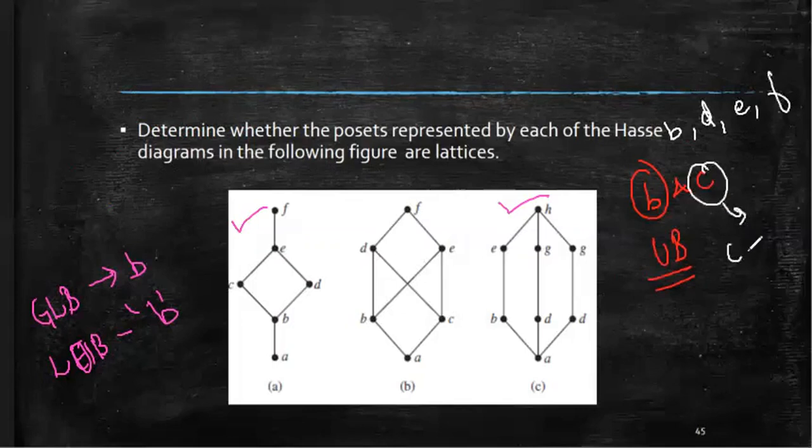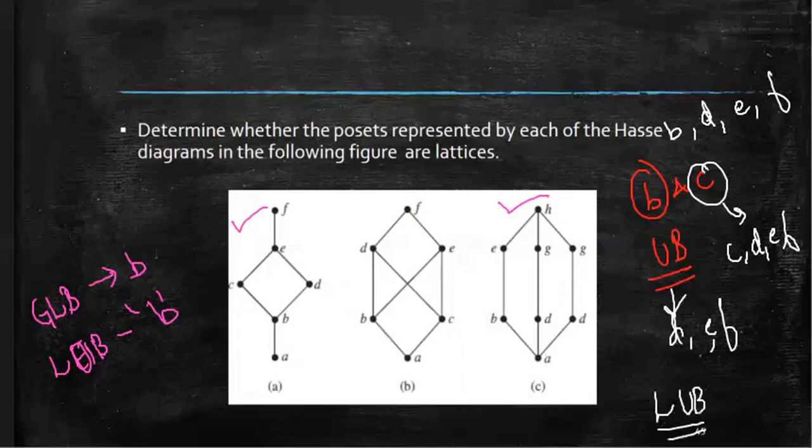For C we will have C, D, E and F. Now with respect to these two, the upper bounds will be D, E, F. If this is our upper bound, what is the least upper bound? The least upper bound should be unique, if you remember, and over here we have both